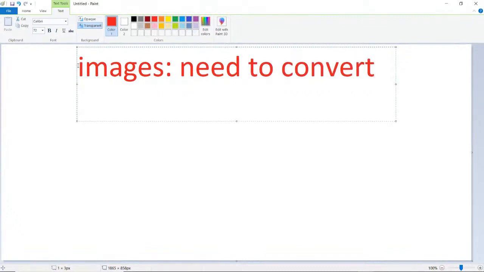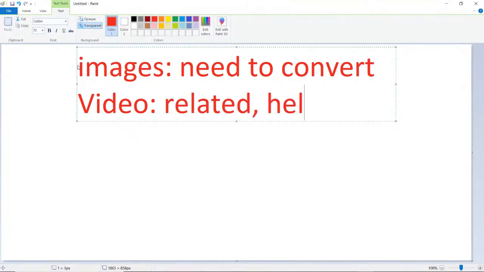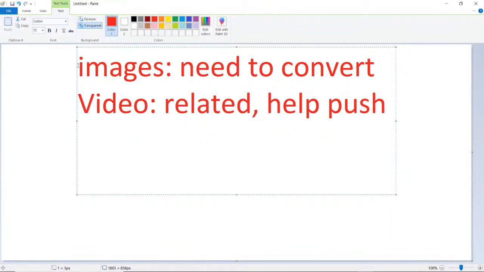Then you've got video, and the video is the same thing, right? Video needs to also convert. It needs to be related, and it needs to help push whatever the element is on the page, either provide the information or push them to the next action. So then the question becomes: